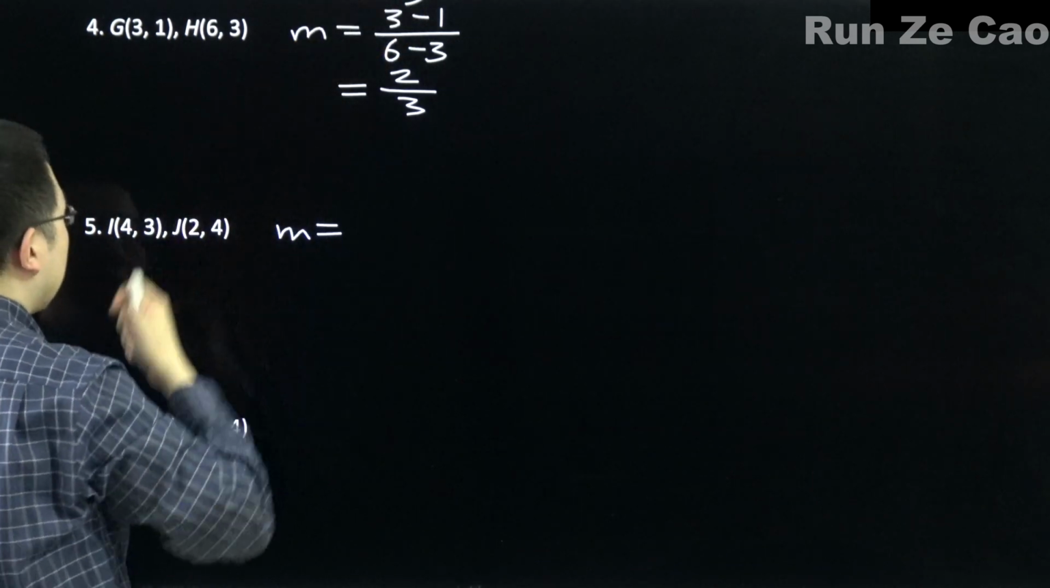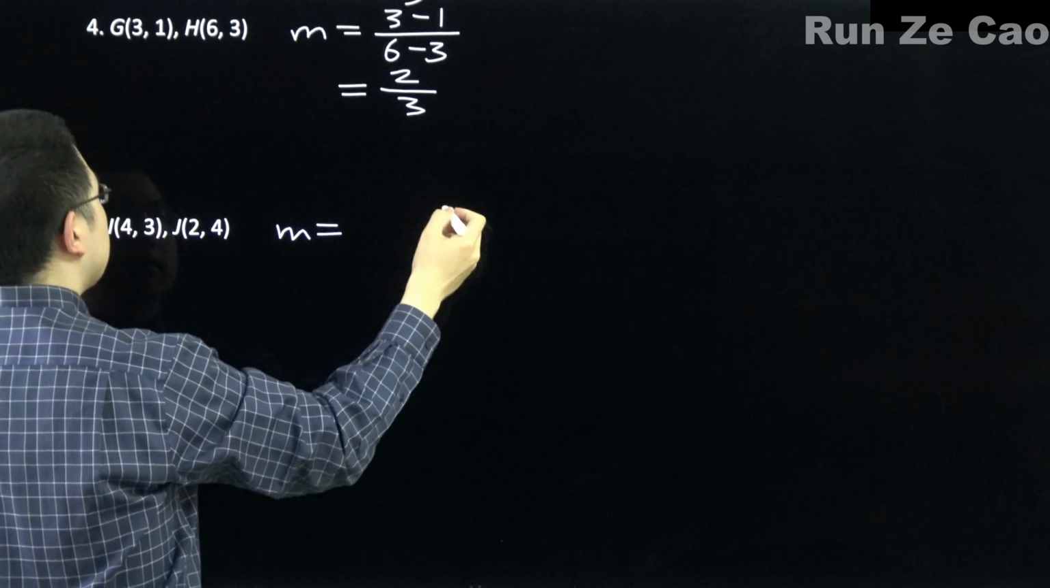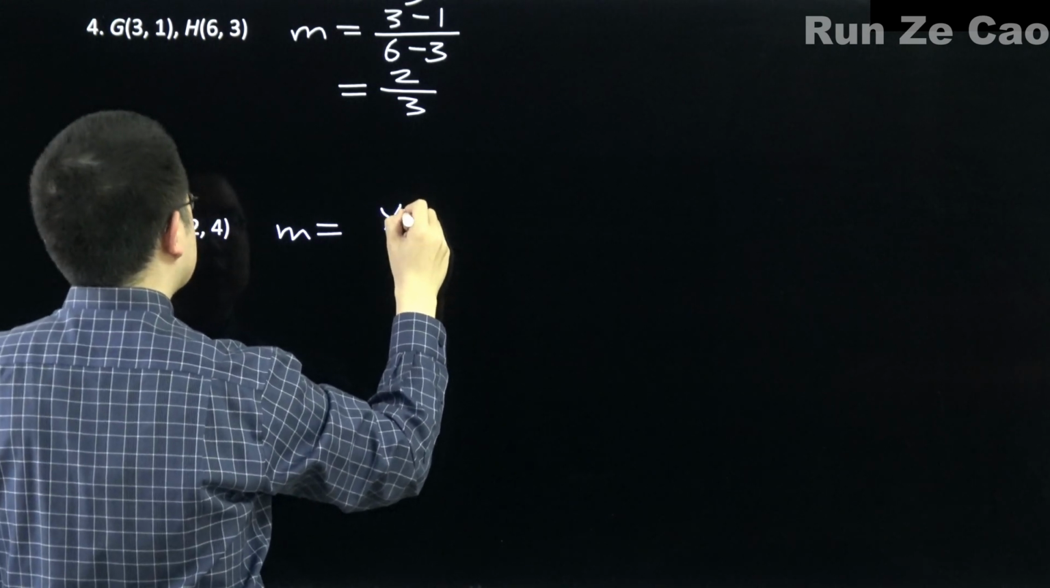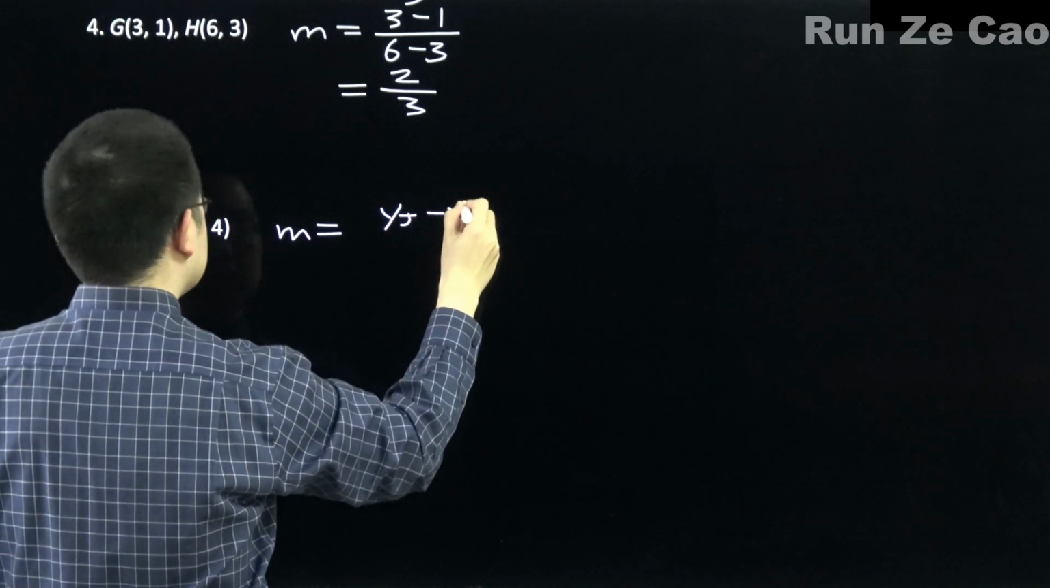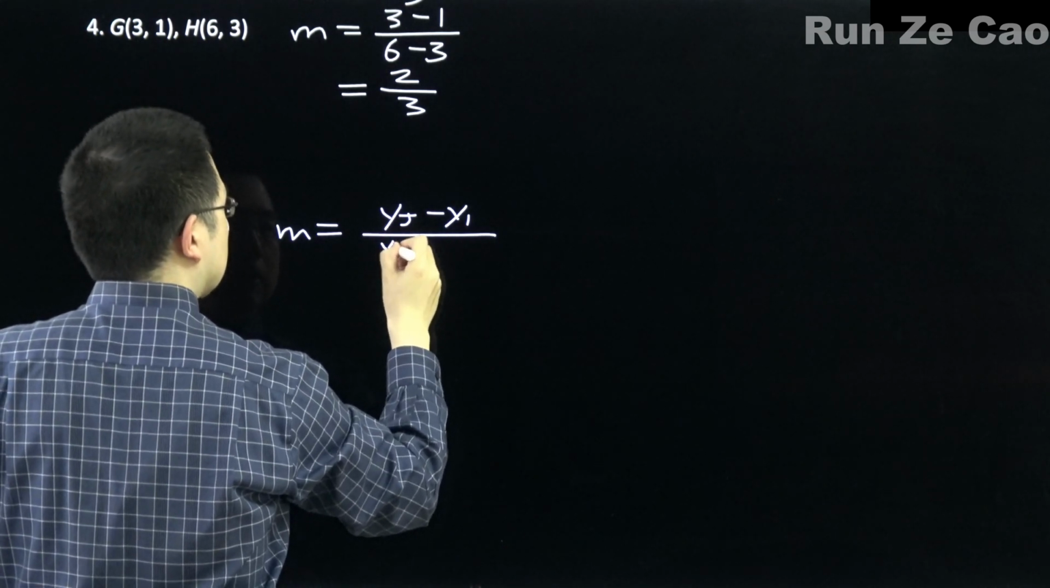Depends entirely on how much your teachers allow you to get away with. Be careful. So, yj minus yi over xj